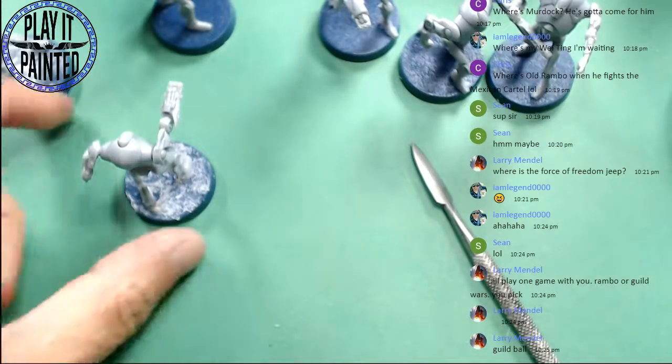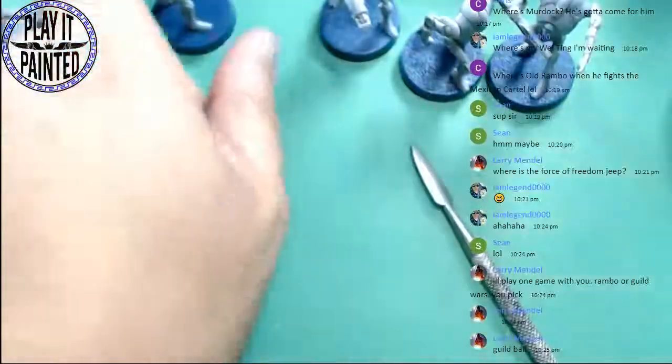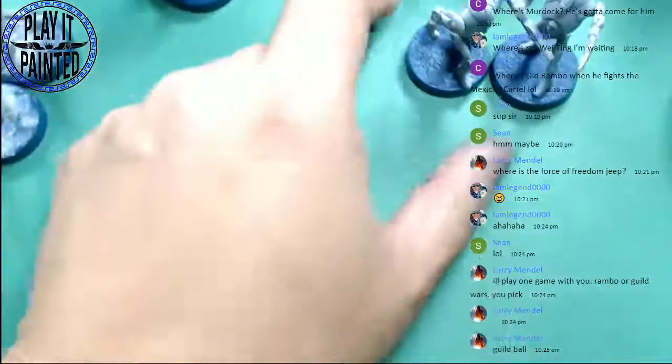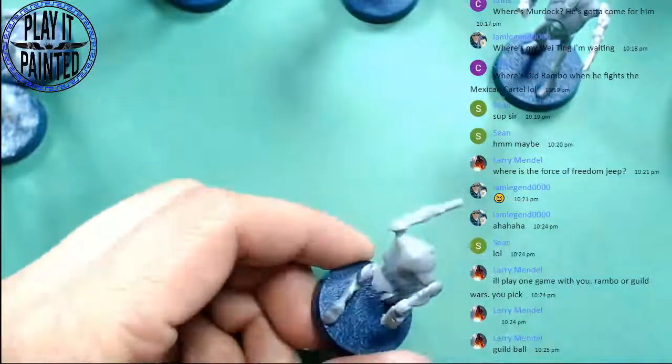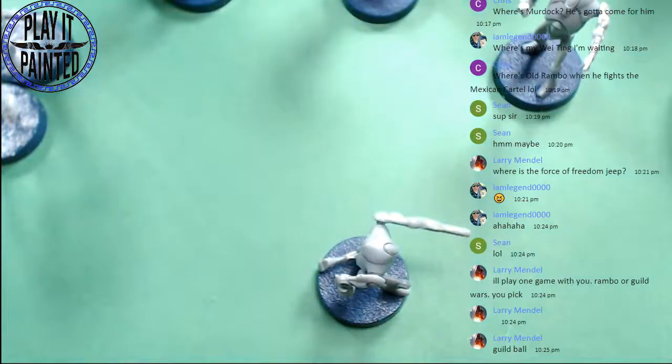Crisis averted. Two down. Let's go this way. I do typically, when I'm doing this style basing, I do also like to...